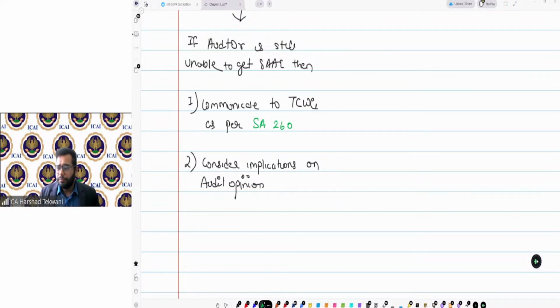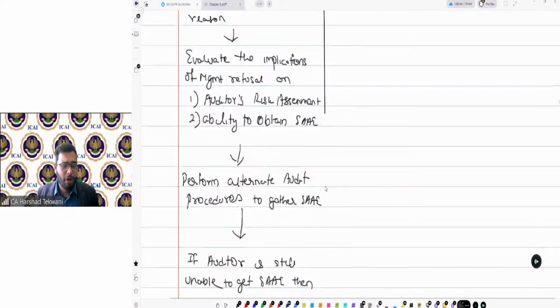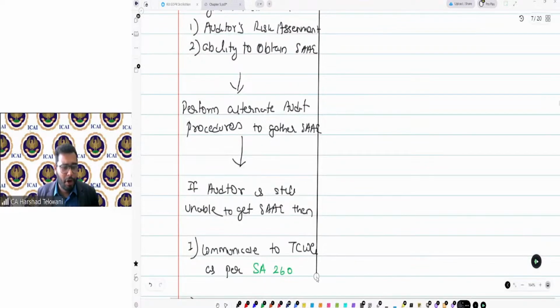Clear? So SA 260. No, Tanisha, not 230, that is documentation. So communicate to those charged with governance as per SA 260 and consider implications on audit opinion. This is what I am supposed to do when management denies and I am not able to get sufficient and appropriate audit evidence.